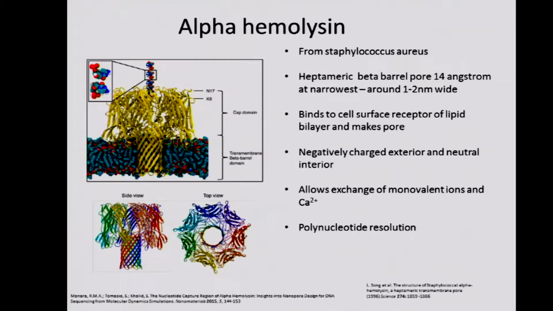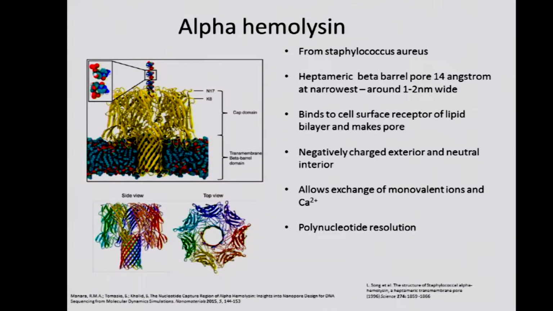It's a heptameric beta-barrel porin. It is 5 angstroms at its narrowest, which is actually 1 to 2 nanometers wide. That's actually pretty darn big for a channel. Now it has 2 modes of action depending on its concentration, but fundamentally when Staphylococcus aureus wishes to kill something,